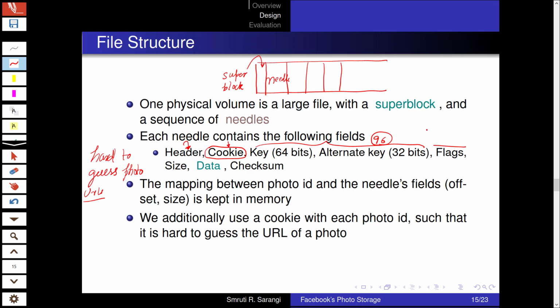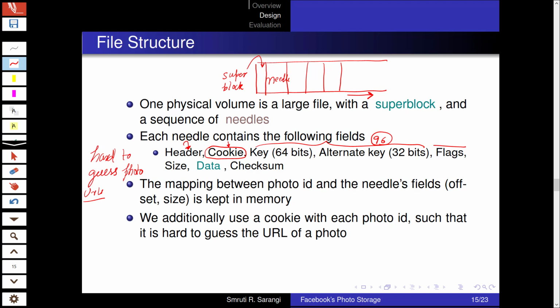We have till now maintained that a photo is not deleted, and that's the reason we have an ever growing list in one direction. But in practice, we can delete photos from Facebook, even though it is rare. Nevertheless, we can delete photos, we can delete entire albums from Facebook.